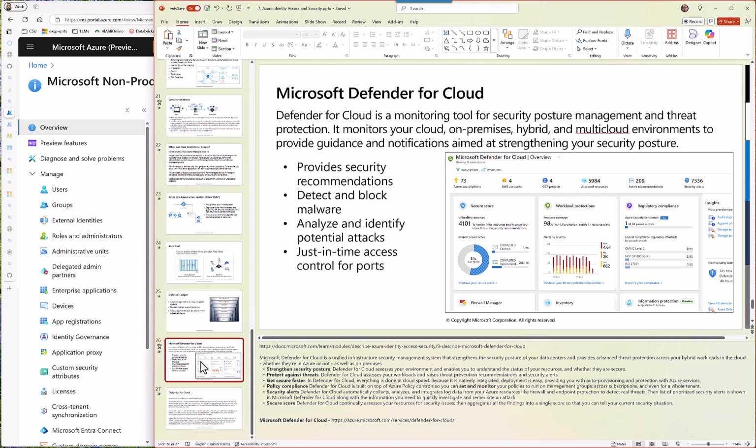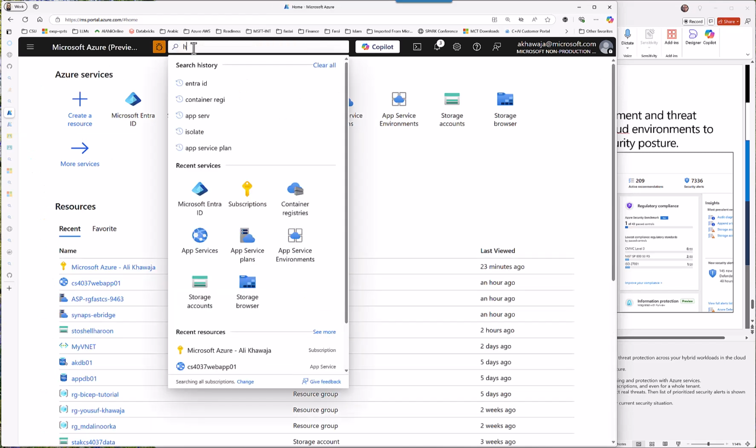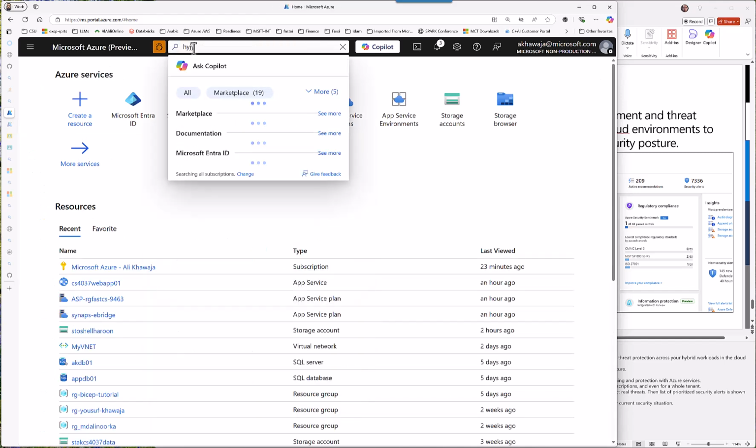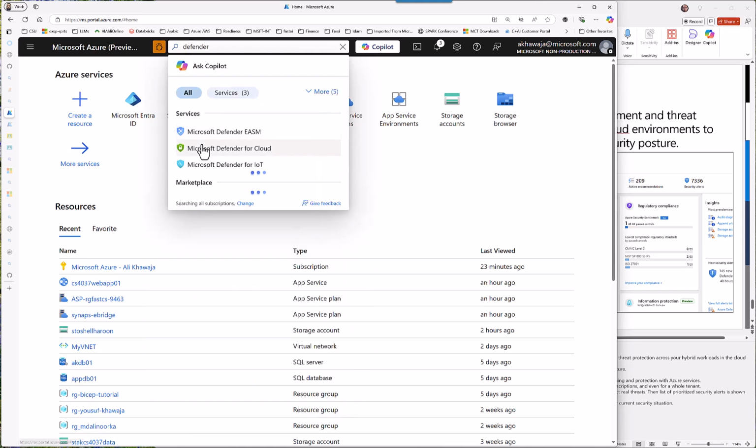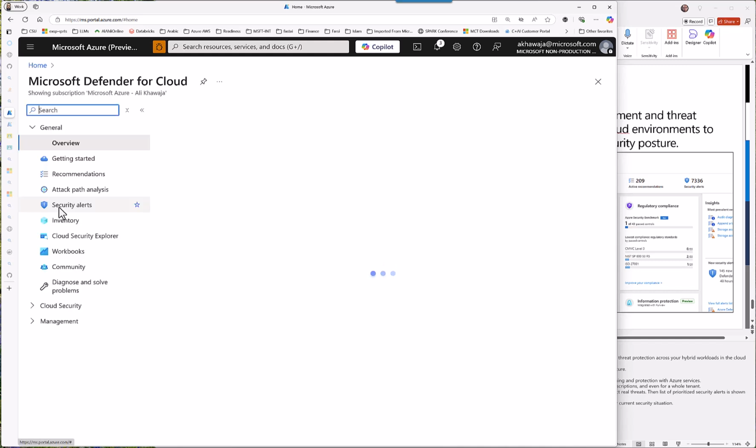And then it has a very nice thing called secure score, right? Secure score is calculated this way: each vulnerability, based on its criticality, is given a score.